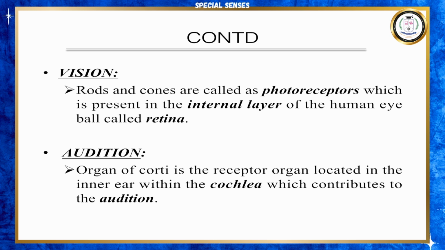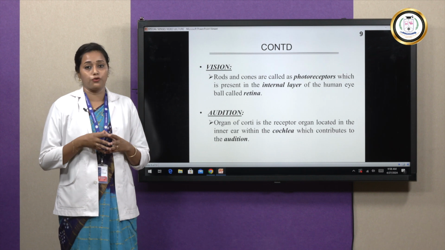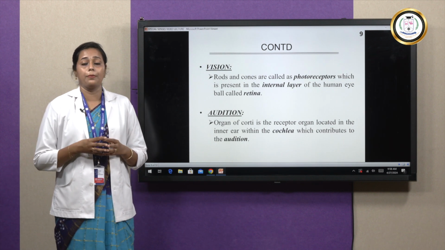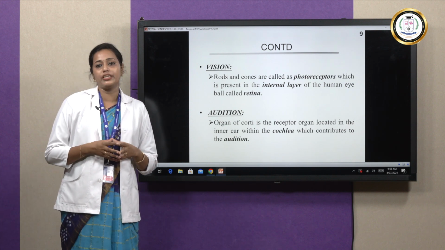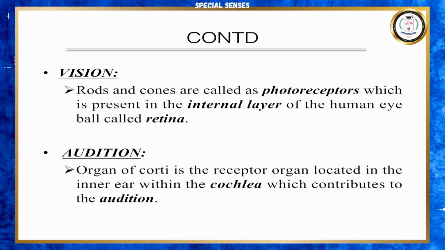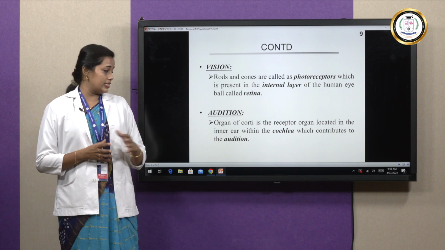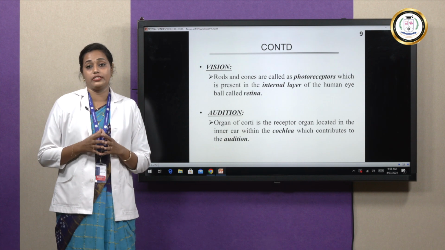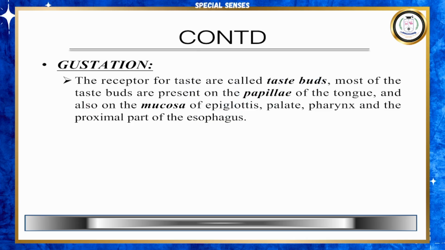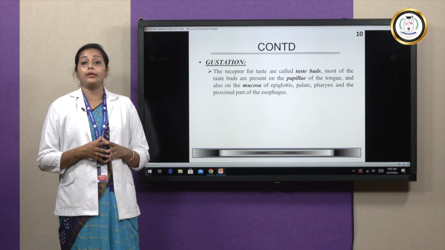We know that the receptor organ for vision is rods and cones. These are together called photoreceptors. They are present in the internal layer of the human eyeball, which is called the retina. Then comes audition. For audition, the receptor organ is the organ of Corti, situated within the cochlea, which is present in the internal ear. Next comes gustation. For taste, the receptor organs are taste buds, which are most commonly present on the